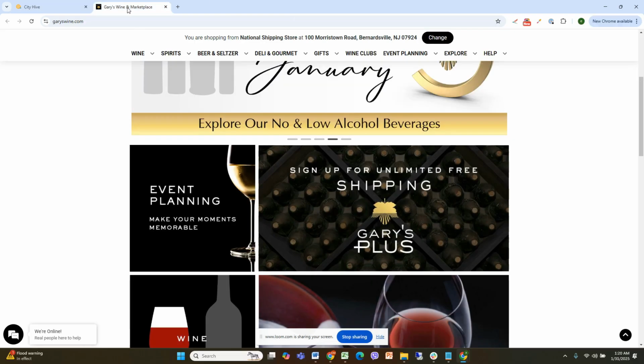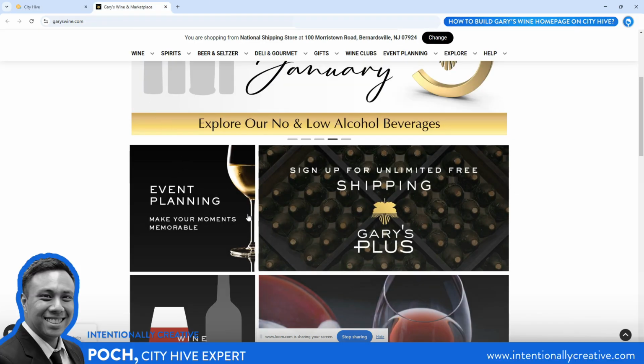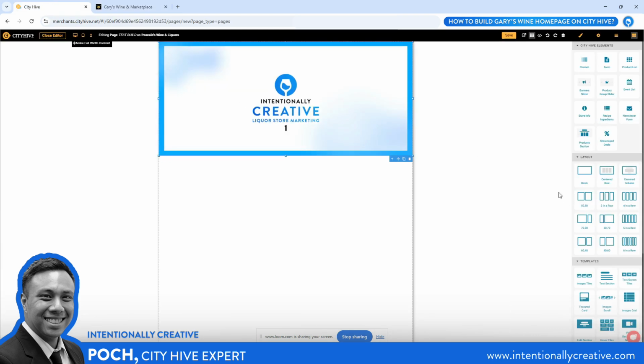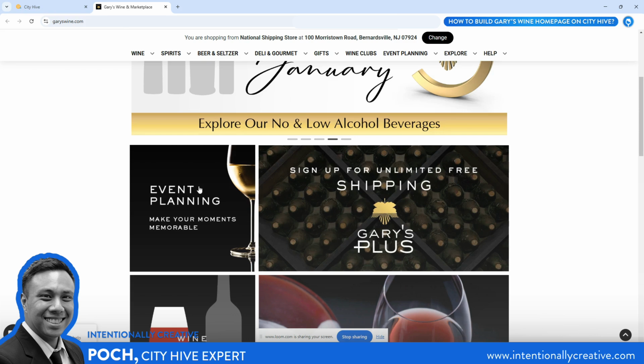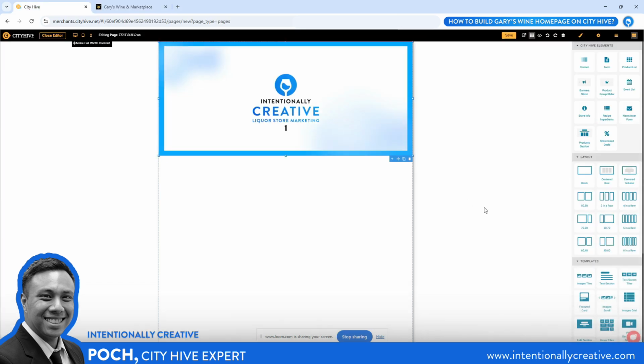Now, just by looking at these images, it looks like this split would be a 70-30 split with a smaller part here on the left side. So what we're going to do is click on that element and drag it here